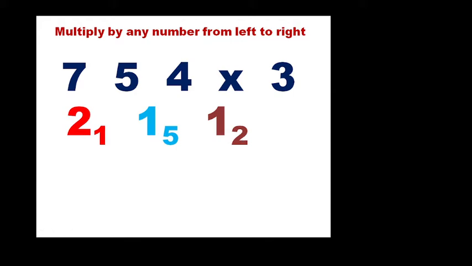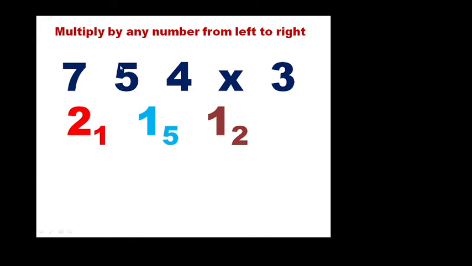But why are you writing big, small, big, small? I will tell you the reasons. This is not 7. Based on the place value, ones, tens, hundreds, 7 carries 700. 700 is the place value of this 7. So when you multiply 700 with 3, 700 into 3, that is nothing but 2100. We can mention the 2000 as big, 100 as small. 100 should carry over to the next digit.